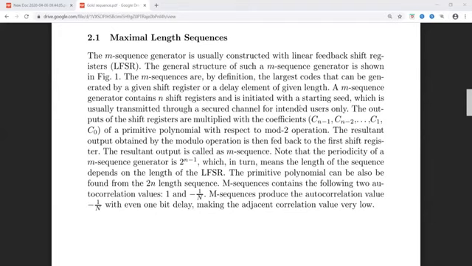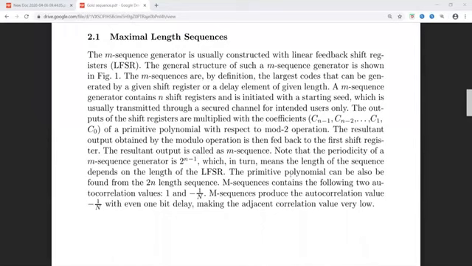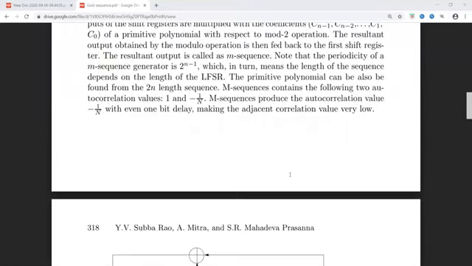If the HCF or greatest common divisor is not equal to 1, then we say it is a non-primitive polynomial. These polynomials are especially used in error control coding, which is an MTech subject in the MTech semester. So that is about the primitive polynomial.